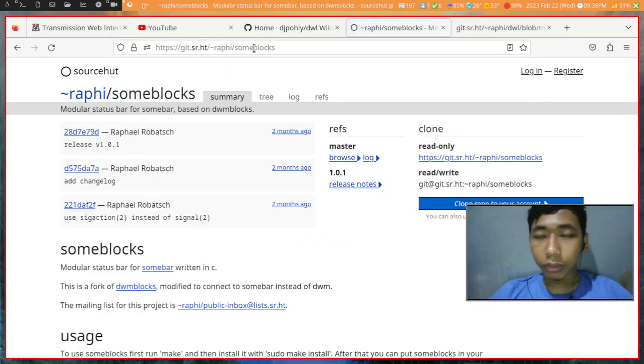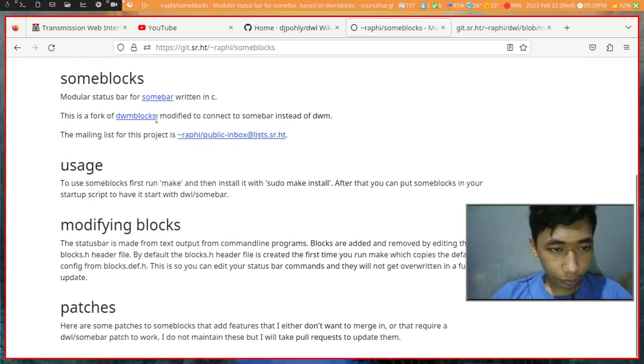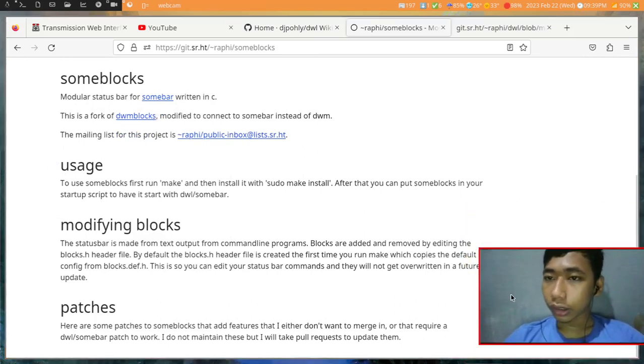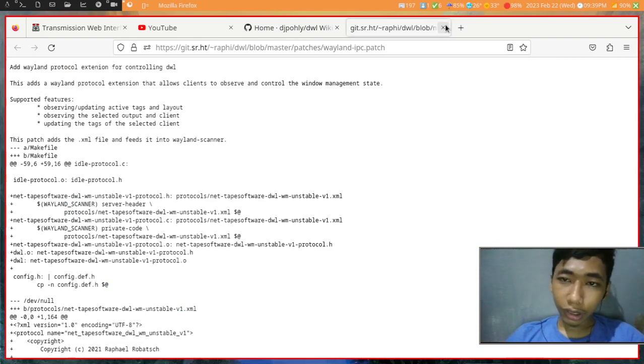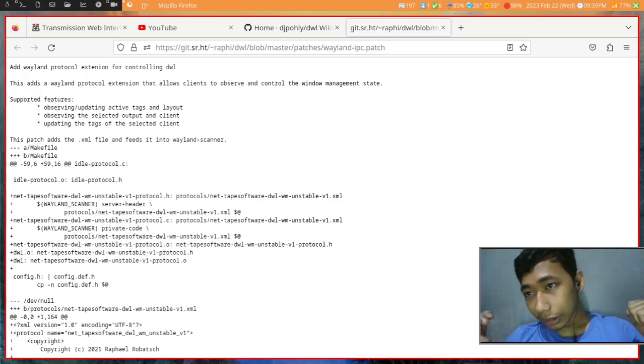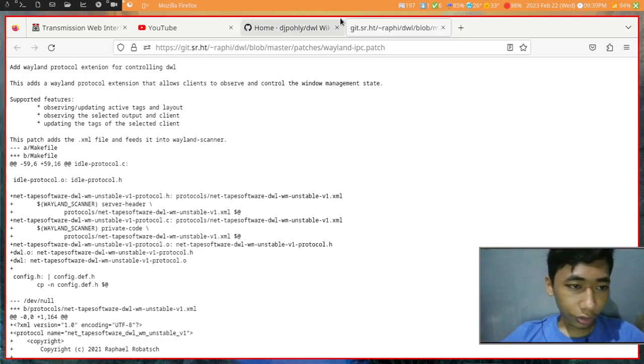Here, some blocks, again it's the same utility. Wait, it's a different utility made by the same person, this Raphi person, and it basically just adds this modular status bar. Honestly, I really like having a modular status bar on the right, because I can see weather, I guess, and then date, clock, and that's pretty nice. Anyway,